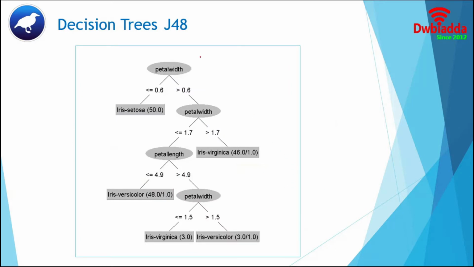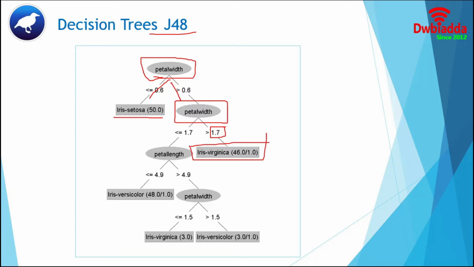Now, move to the next section. This is an example of a J48 decision tree. This oval shaped symbol is the root node and it contains the test condition. These are the branches. Based on the condition, we have a number of branches. Suppose the petal width is greater than 0.6, then it will move to the next test condition. Otherwise, it will represent the output class Iris setosa. Similar to the first condition, the petal width will be tested again with a new value, 1.7. If it is greater than 1.7, it will conclude with the class Iris virginica. Otherwise, it will move to a new condition.